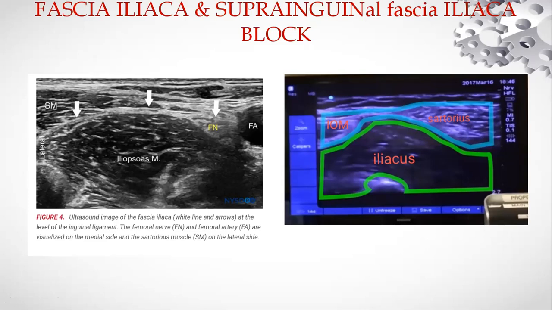And we are going more medially till the point that you are able to see this constriction, an hourglass or bow tie appearance, between the sartorius and the oblique muscle. This hourglass appearance is taken as an identification of the suprainguinal fascia iliaca block. Underneath, of course, we see the iliacus muscle and the fascia over it, and this is the target that we find. As you can see, you're not able to see the femoral artery in the picture, which would appear more downwards and medial.